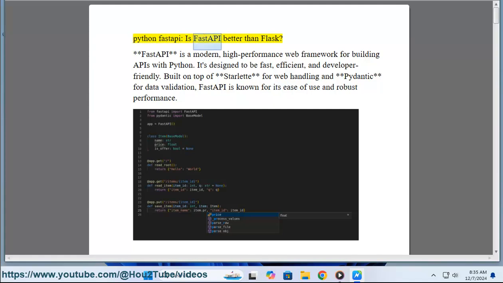Python FastAPI, is FastAPI better than Flask? FastAPI is a modern, high-performance web framework for building APIs with Python. It's designed to be fast, efficient, and developer-friendly. Built on top of Starlette for web handling and Pydantic for data validation, FastAPI is known for its ease of